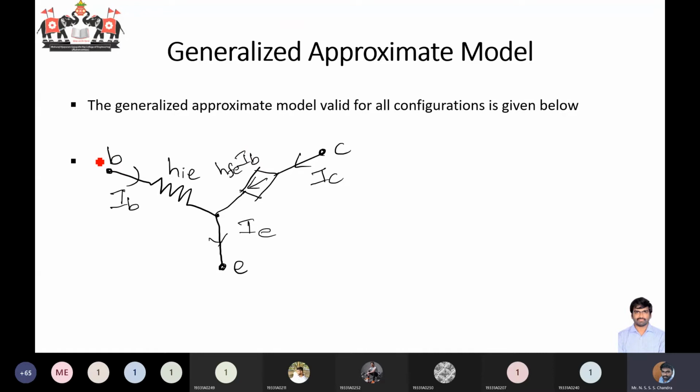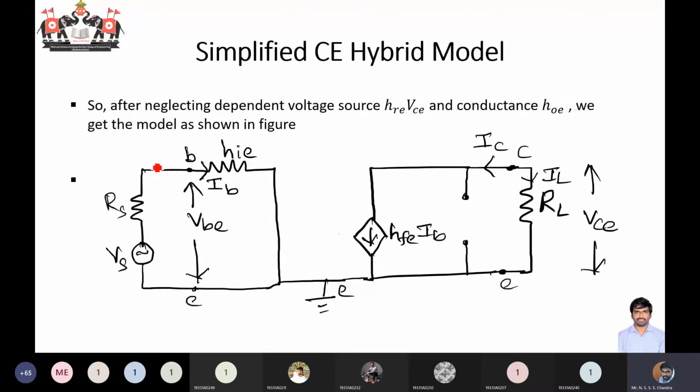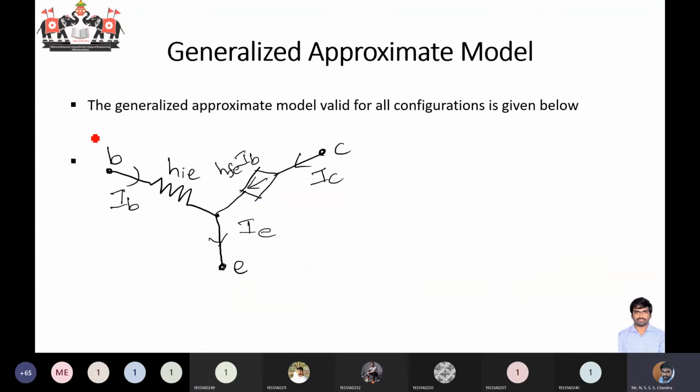In this emitter, base, and collector, between base and emitter, we have only one element connected, which is nothing but your HIE, and the current passing through this HIE is nothing but your base current IB. The same thing we are drawing over here. So between base and emitter, we have only one element, which is HIE, and the current through the HIE is